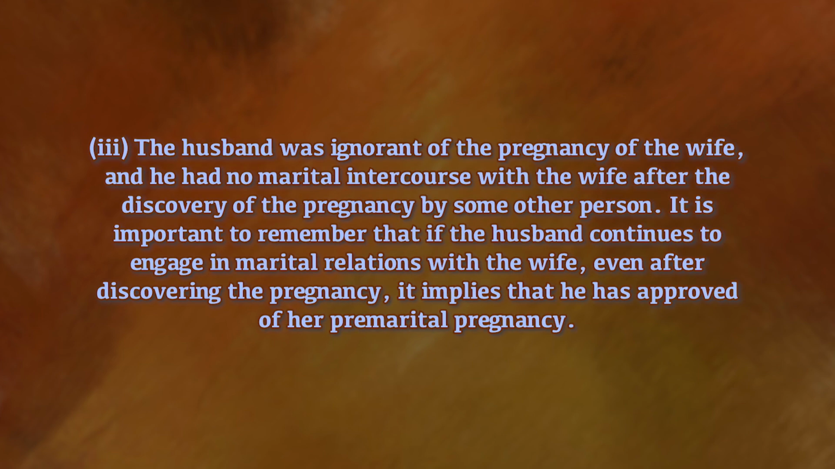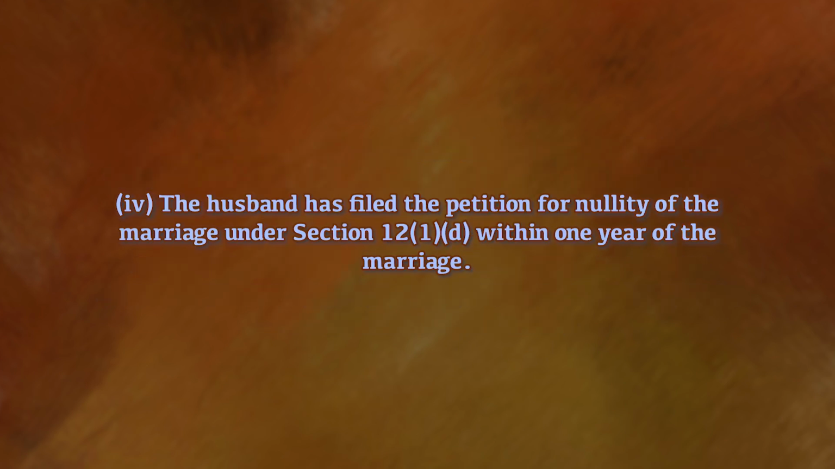Thirdly, the husband was ignorant of the pregnancy of the wife and he had no marital intercourse with the wife after the discovery of the pregnancy by some other person. It is important to remember that if the husband continues to engage in marital relationships with the wife even after discovering the pregnancy, it implies that he has approved of her premarital pregnancy. Fourthly, the husband has filed the petition for nullity of the marriage under section 12(1)(d) within 1 year of the